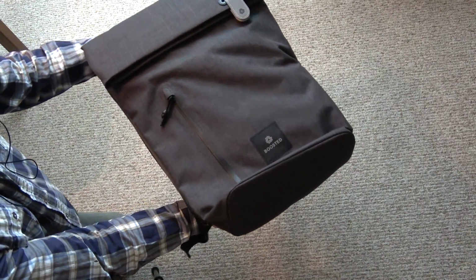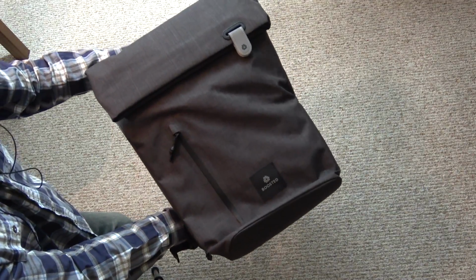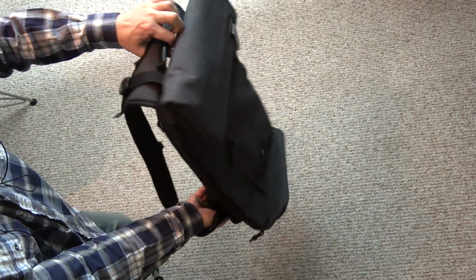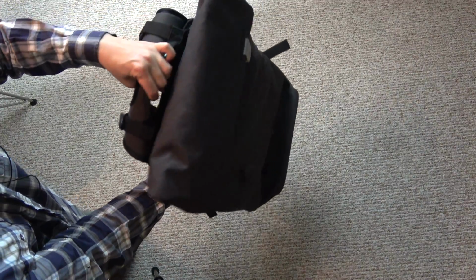So this is it here. My initial impressions of it are that it's very well made. It's actually a really cool design, and it holds the Boosted Board really well, which I'll show you in this video. The quality and design seem really good. It's got YKK zippers. It seems really sturdy in terms of the reinforcements that it has to really carry the